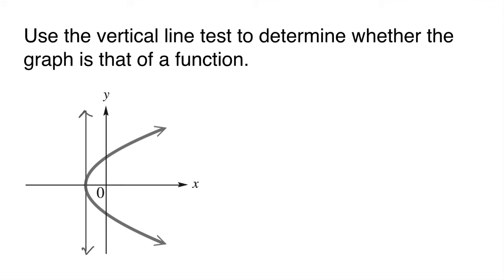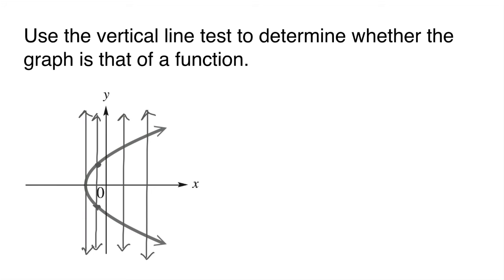of this right opening parabola, it only passes through the graph at one point. However, as x increases and we draw vertical lines through the graph, they pass through the graph at exactly 2 points. We can see this with the y-axis, which is itself a vertical line that passes through both the positive and negative y-intercept. And as we keep moving, we can see